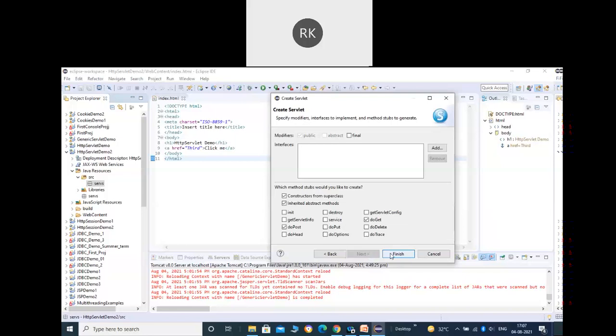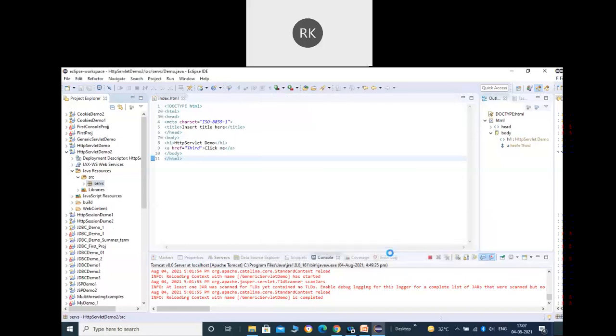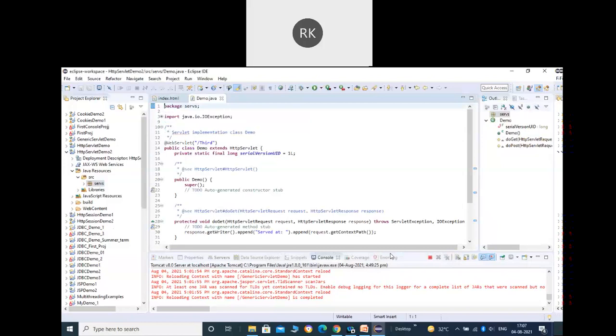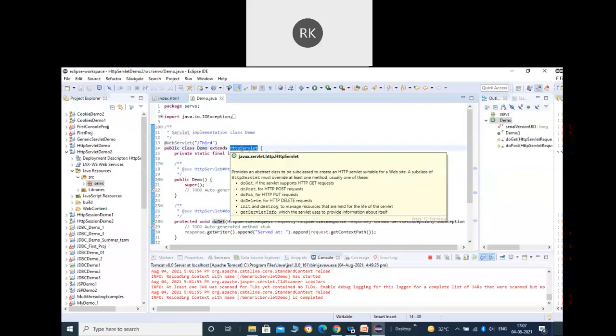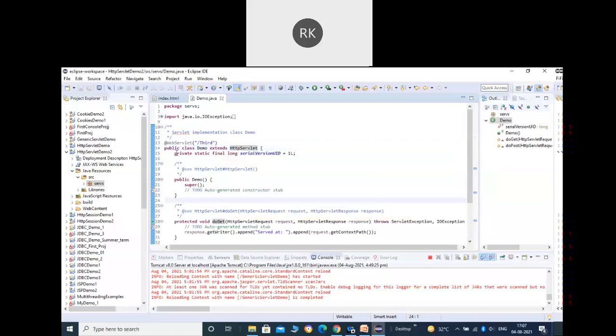By default, it will give the URL the same name as your class name. But if you want to modify it, you can. Double click over that and you can define some other URL pattern, like here, I have specified third. Click over OK, and by default it will make use of annotations to define the URL pattern. Click next and just say finish. It will create a default servlet for you.